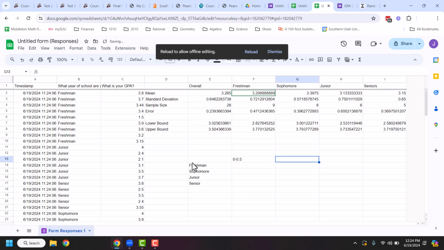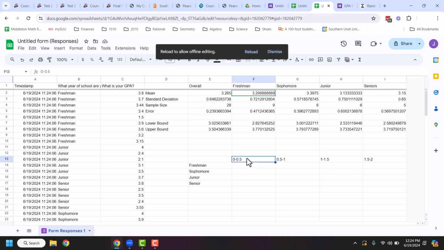Then I'm going to look at GPAs from 0.5 to 1, and then 1 to 1.5, and 1.5 to 2, and so on, all the way up to a 4.0, because that's basically making it so I can categorize all of my